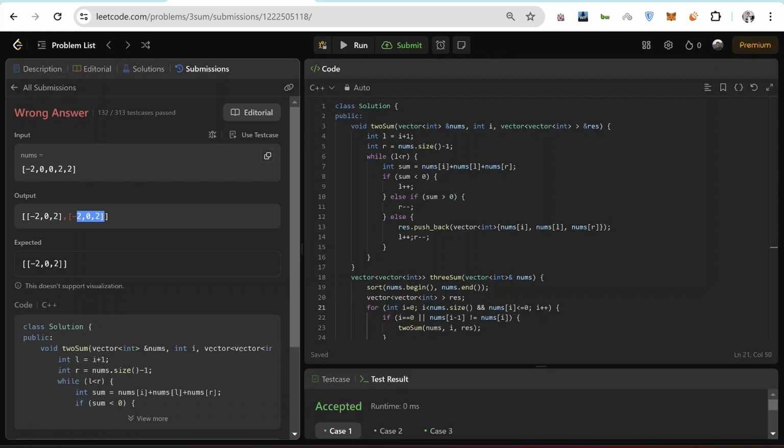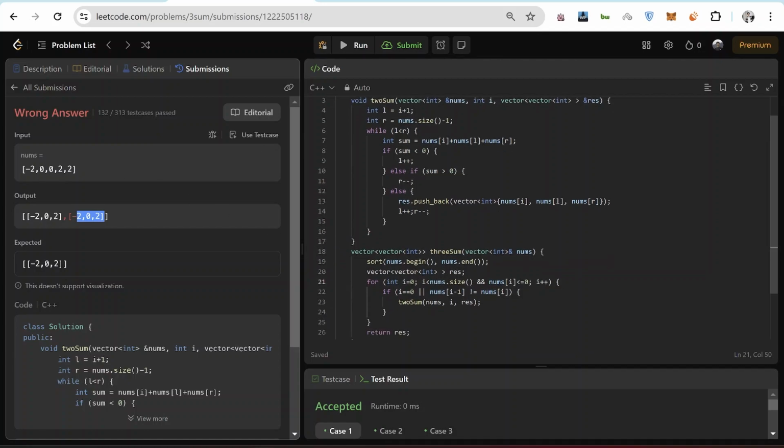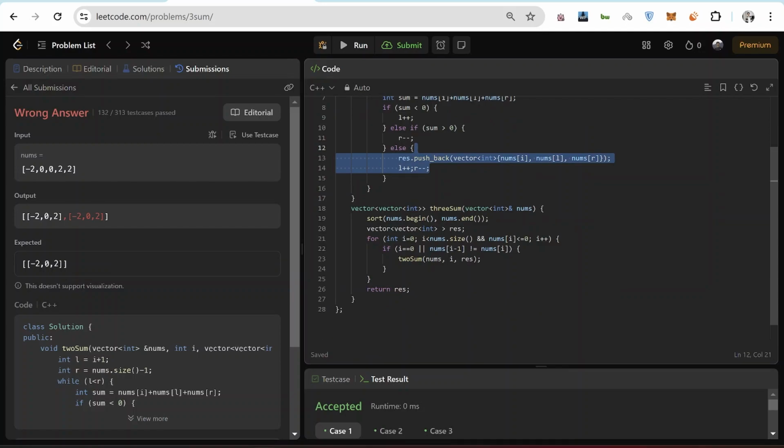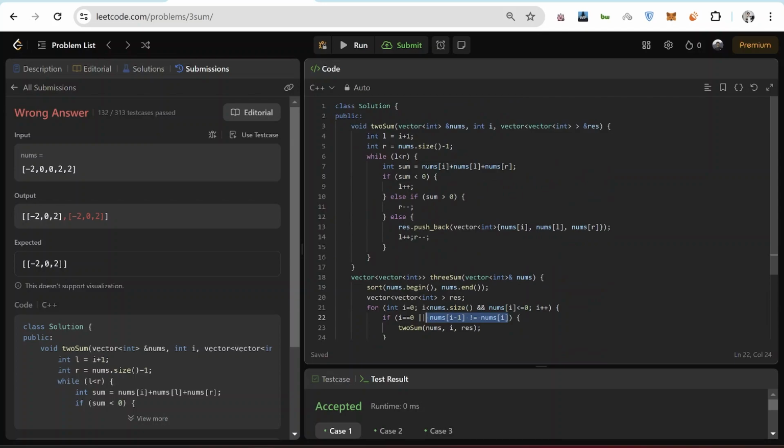Okay, to avoid these duplicates we have to handle it somewhere here, because I duplicates are being handled here, so L and R duplicates we need to handle here. So for this, when we are pushing back the answer, we can either increase L or decrease R until we get a different number. So to do that, let me just see how I can do that.